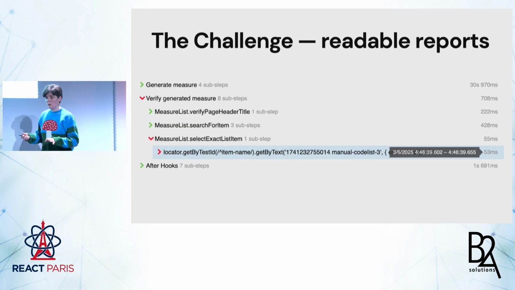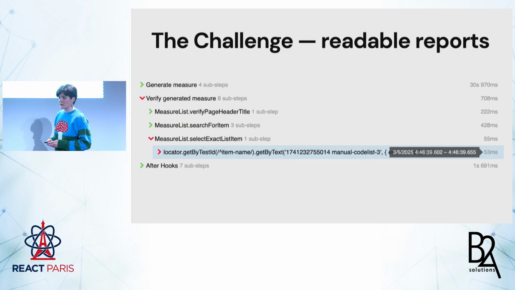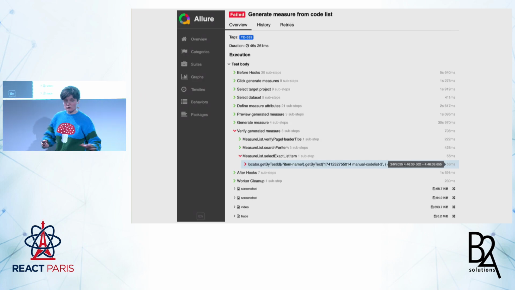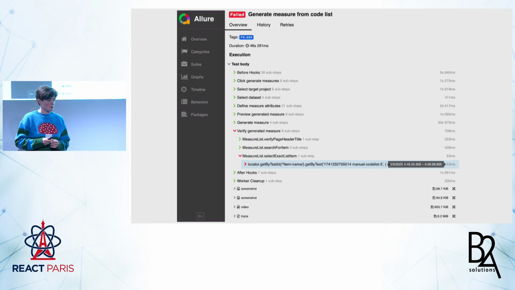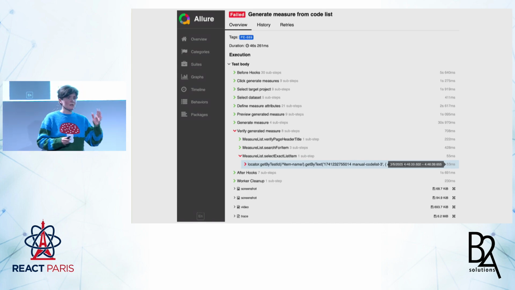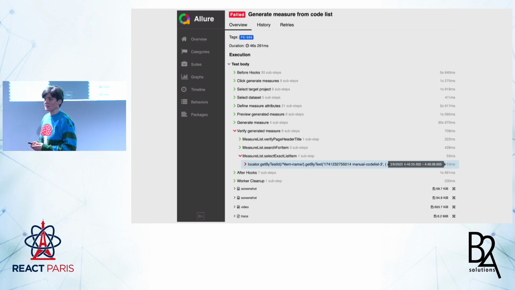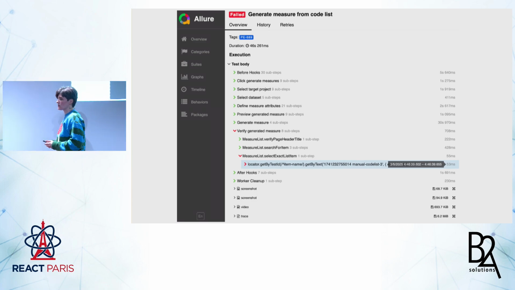With that, our test reports became much more readable, and even our lovely backend team could figure out what was going on. If I zoom out a little bit, this is how the test report looks for a failed test. It provides all the steps along with attachments, screenshots, traces, test retries, test history, tagging, and all that stuff